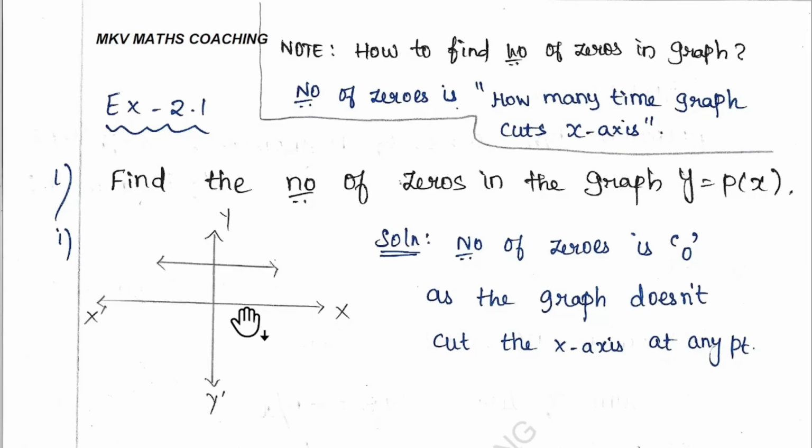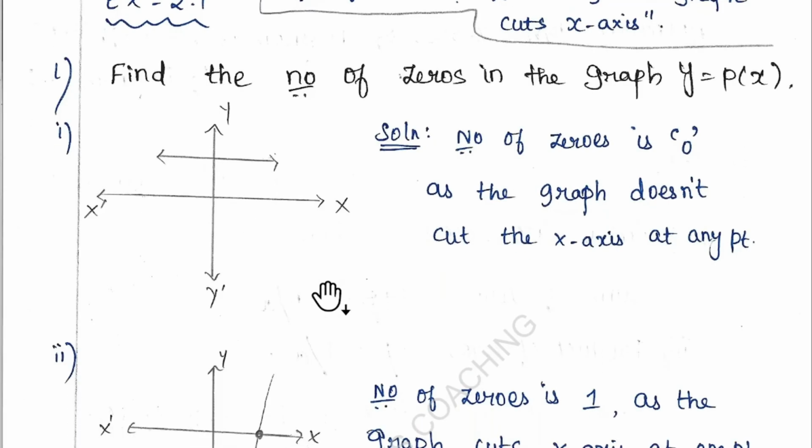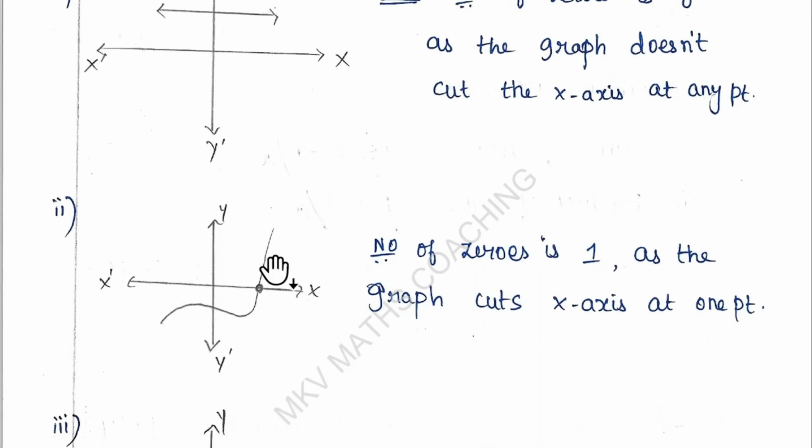But in this graph, there is no cut or touch on the x-axis, right? The graph is drawn only along the y-axis. So the number of zeros is 0, as the graph doesn't cut the x-axis at any point. In the second graph you can clearly see the graph cuts the x-axis at one point, so the number of zeros is 1,